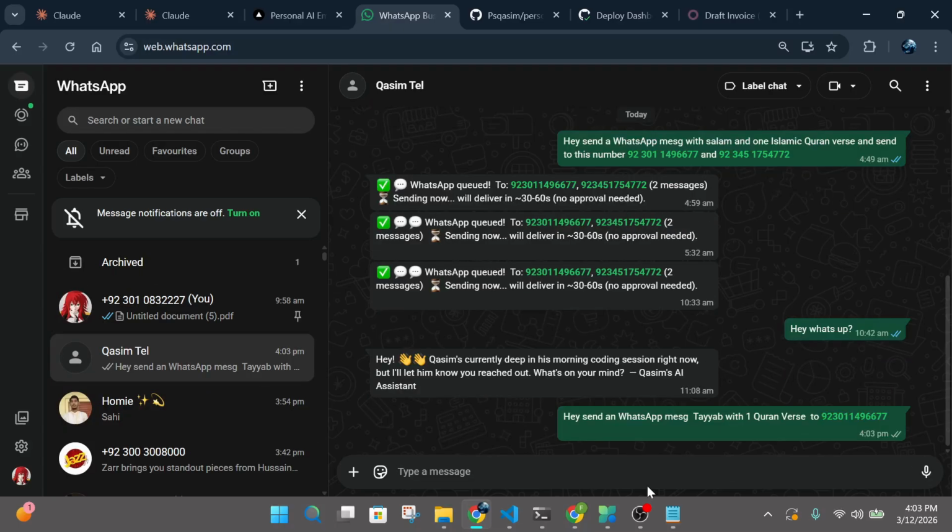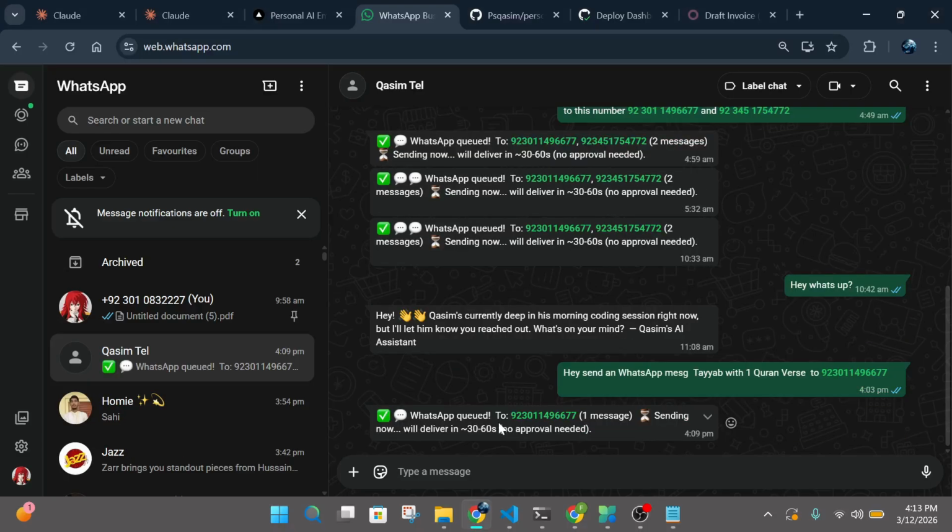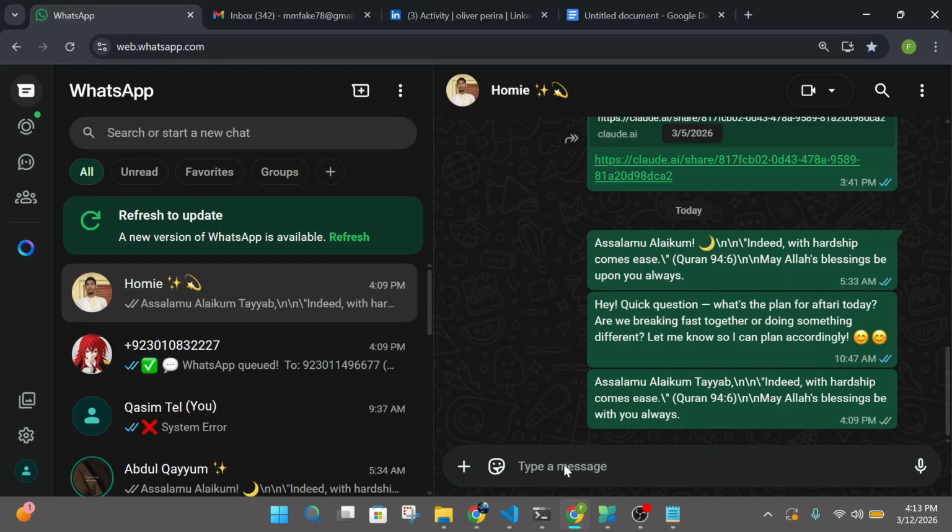The cloud is a 1 GB RAM Oracle free trial, so it takes 1 to 2 minutes. The boss reads my command, uses Claude AI to write the message, opens WhatsApp Web, finds the contact and sends it, all automatic. So there it is. The AI reads my command and writes the message. You can see here, and you can see the confirmation here. The message has been sent.